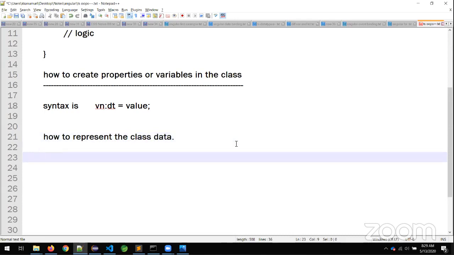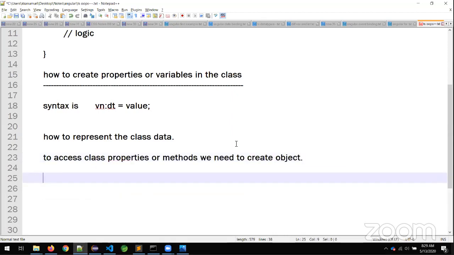How to access the structure? By creating the object. Very simple. To access class properties or methods, we need to create an object. Very simple, sir.